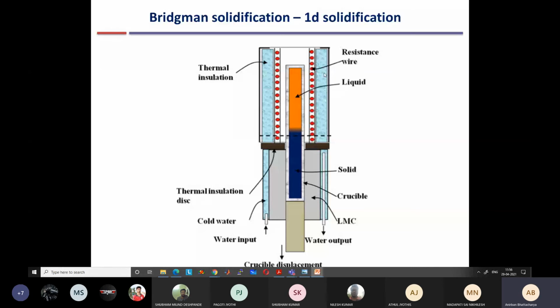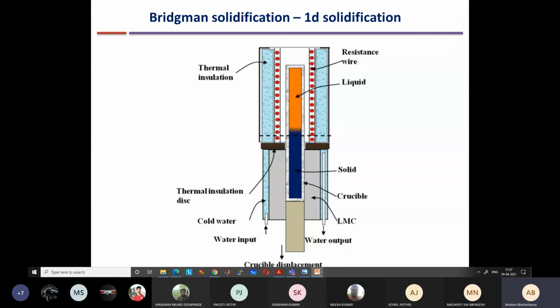So when you gradually pull out this mold from the furnace, outside you have put a liquid bath, a liquid cooling. So when you bring it out, inside it was very hot, outside it is cold. So there is a very quick solidification just at the transition region. Its diagram is not very accurate. The solidification will occur somewhere around here, when the material comes out from the hot furnace to the cold liquid. So the solidification always occurs at a very thin region.